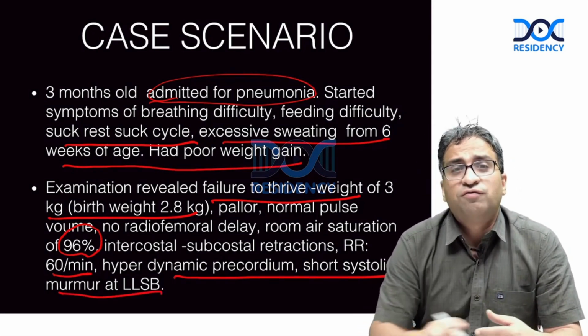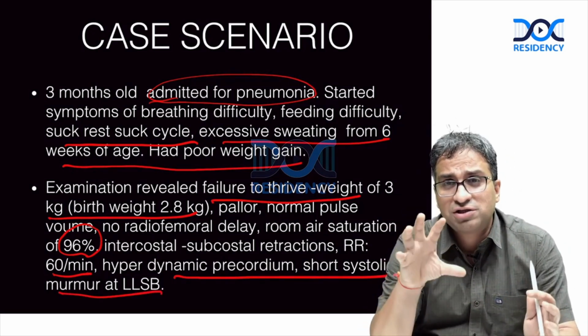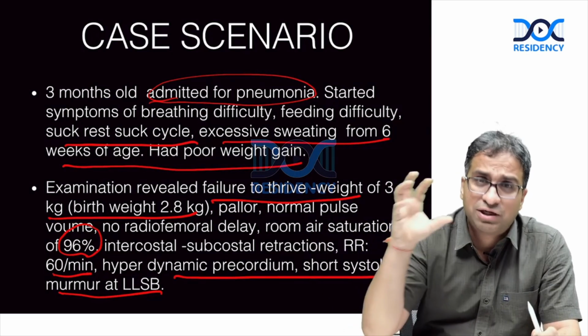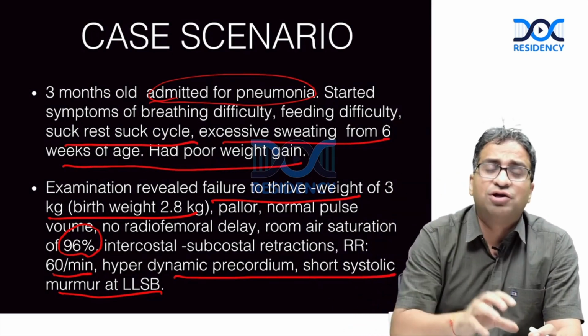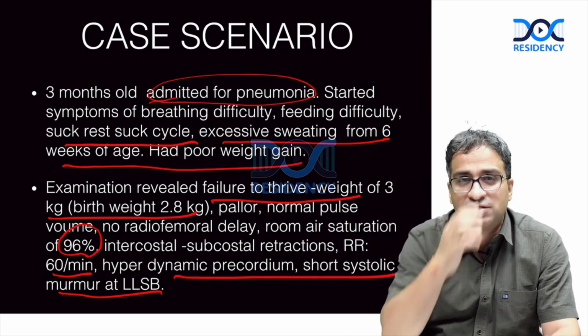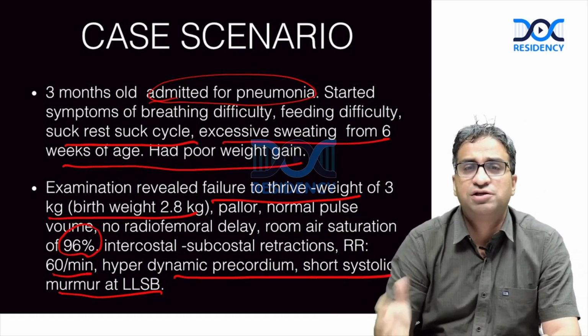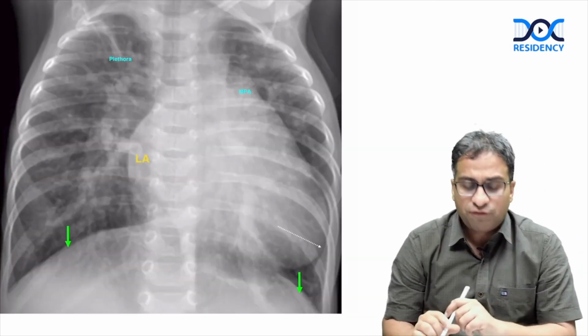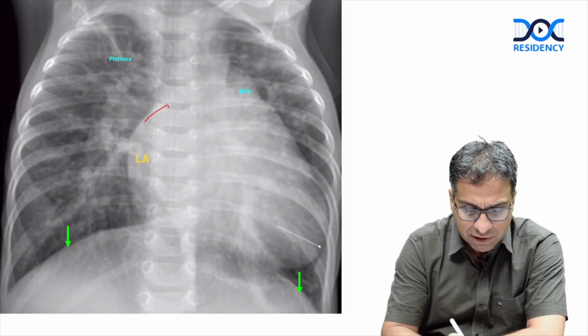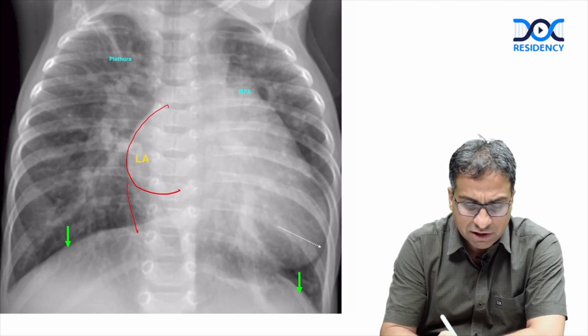So once you come to the VSD, once you get the short murmur, that means the VSD is large, pressure is equal on both sides, that will give a short murmur. Once you get the pan-systolic murmur, that is typical of a moderate VSD. And where there is a very short systolic murmur, it's either a very small or very large VSD. So if you see this X-ray, you can see this is the RA margin,